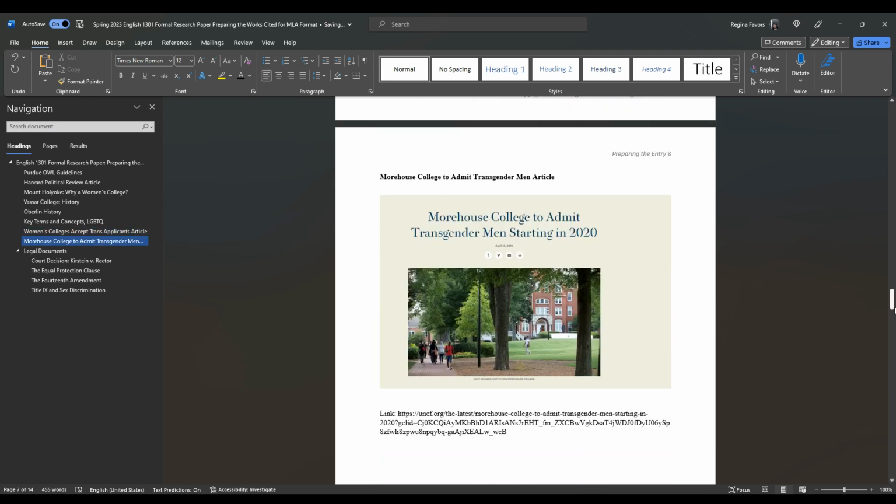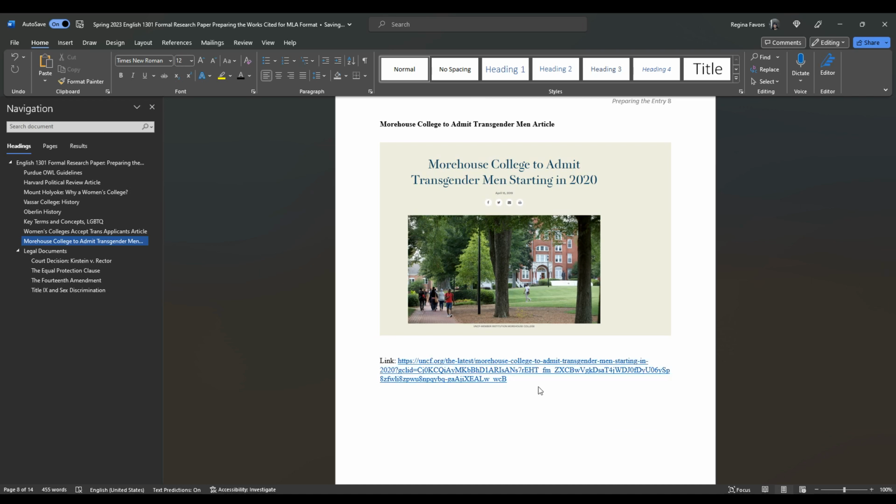Okay, "Morehouse College to admit transgender men." Okay, so then we do not have an author. Remember that we found this on the United Negro College Fund, uncf.org. So we have to remember that. So there's no author. So open quotation marks, "Morehouse College to admit transgender men starting in 2020." Period. Close quotation marks. I can't remember how we accessed this information, but we're just going to have to do the best that we can. So you can easily put uncf.org as the title of the website, right? But then you want to spell it out: United Negro College Fund,